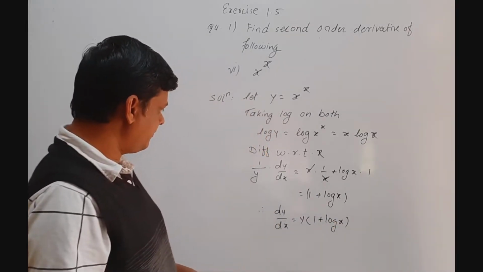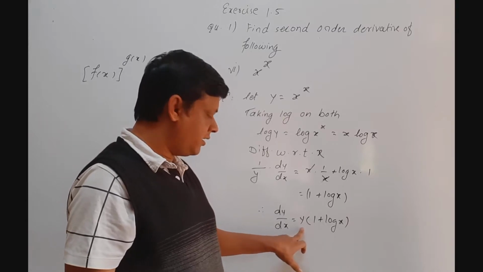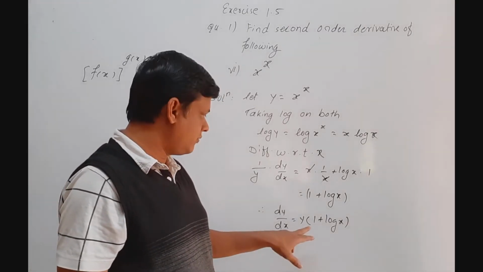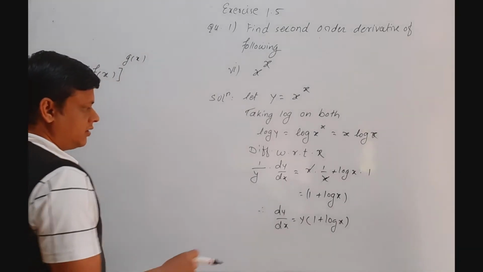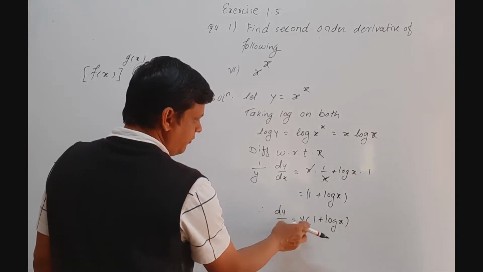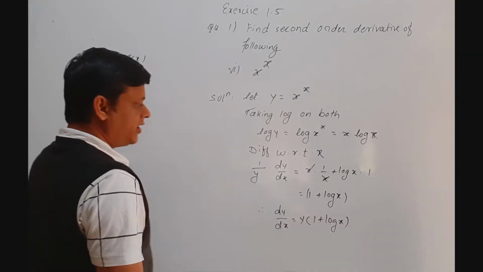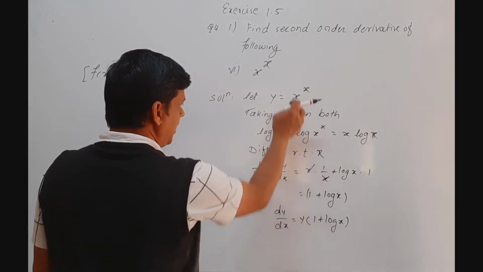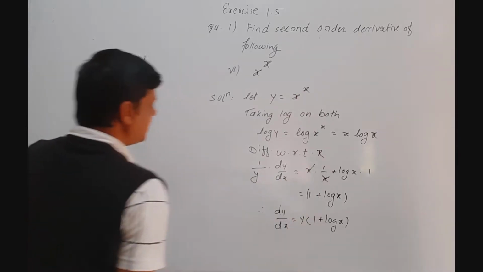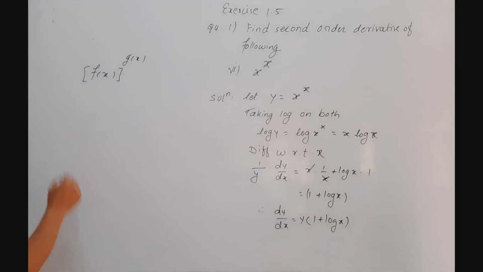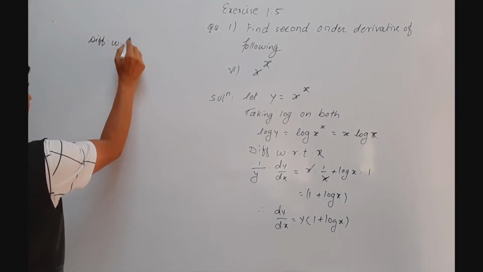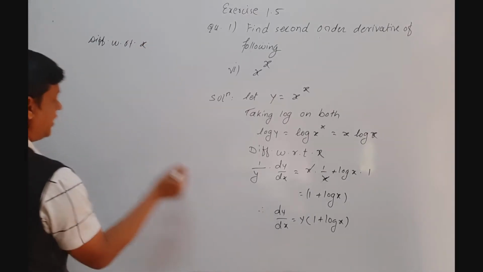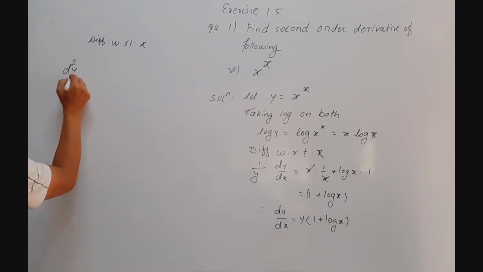So don't write the value of this y, because we have to differentiate this function again with respect to x. So first keep y as it is, then after differentiating substitute the value of y as x raised to the power x. So write here, differentiate with respect to x. So the derivative of dy by dx, we write d2y by dx2,